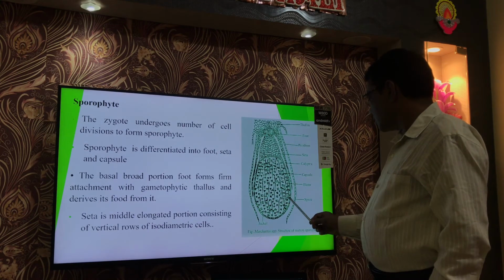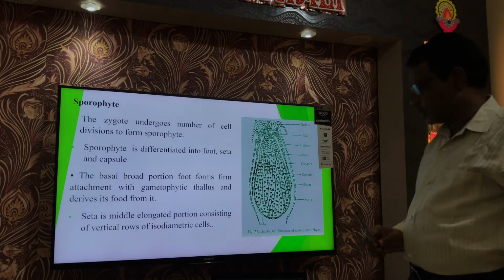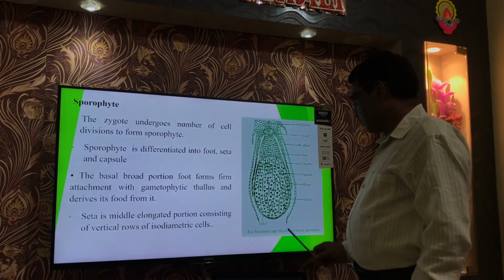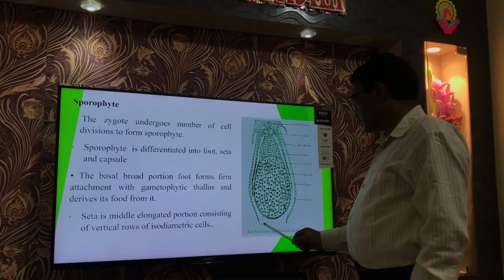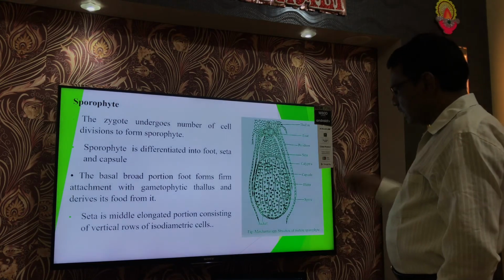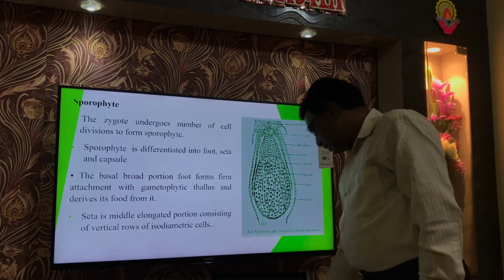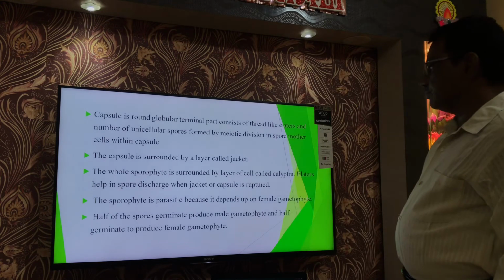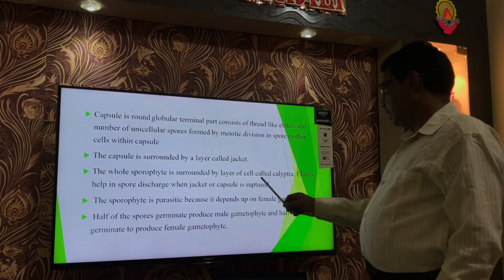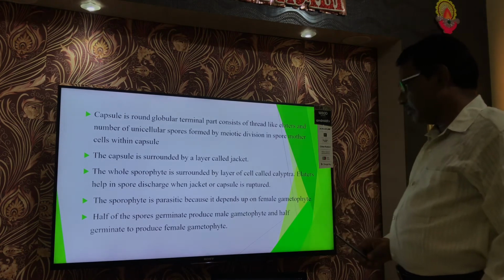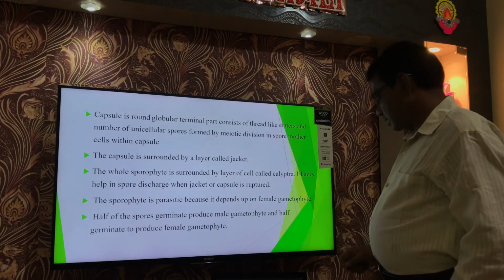So each such spore is a haploid structure, and this entire sporophyte remains covered by a single layer jacket at maturity. Now this entire sporophyte remains surrounded by a layer of cells called the calyptra,